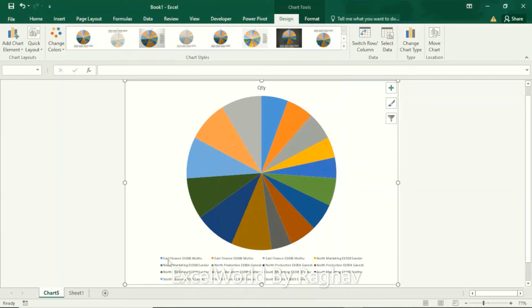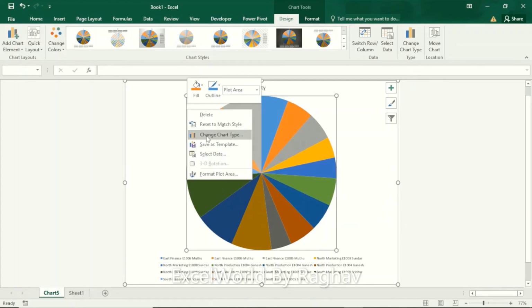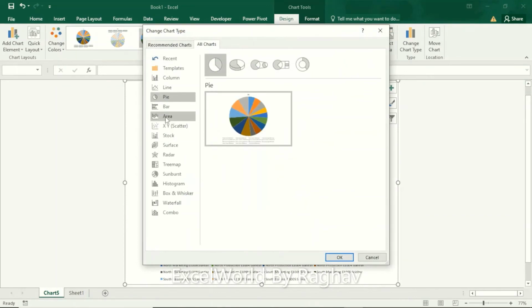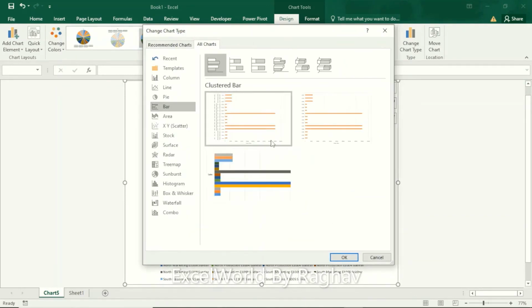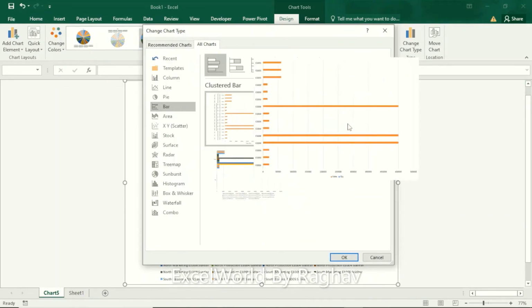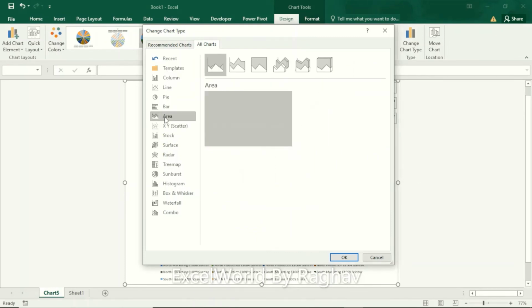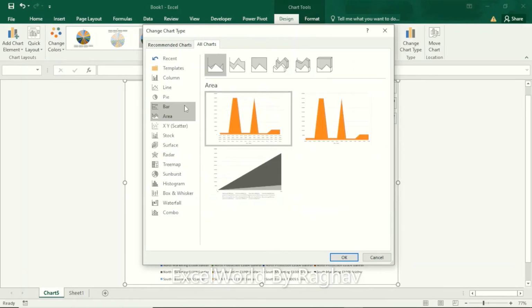and here down the line, or at the bottom, you can see each color represents each of the items that are there in your database. If you don't want the pie chart, again go to Change Chart Type, then select the bar chart, which is in our vertical shape, or you can even select the area. Likewise you can select any of the charts.